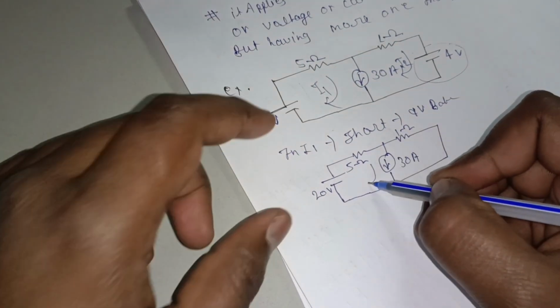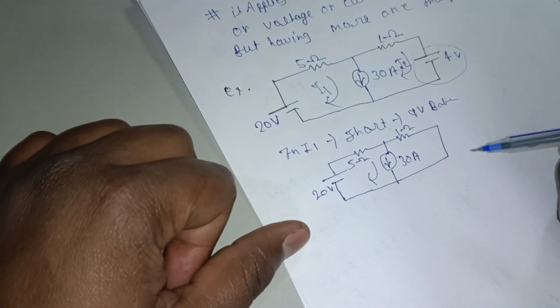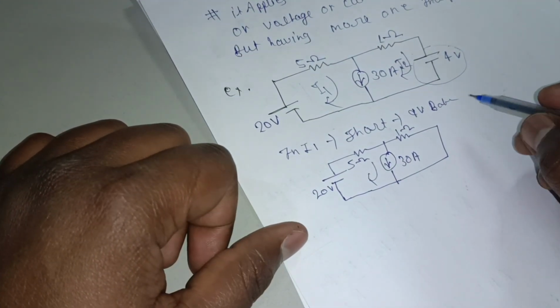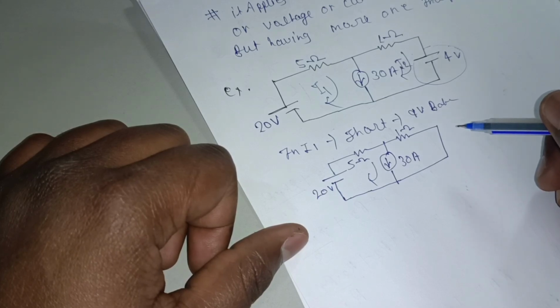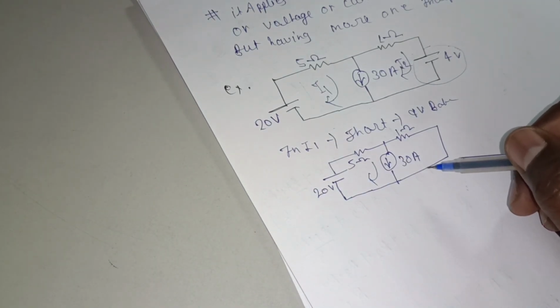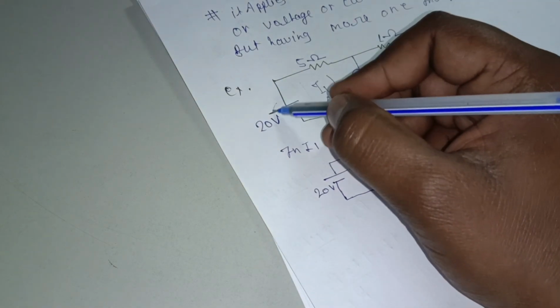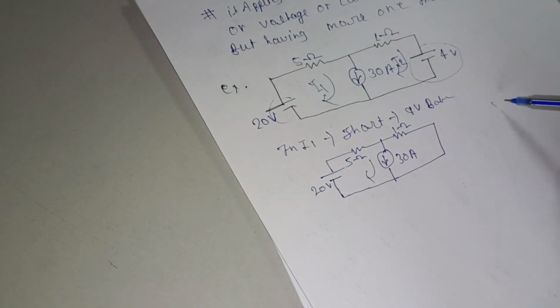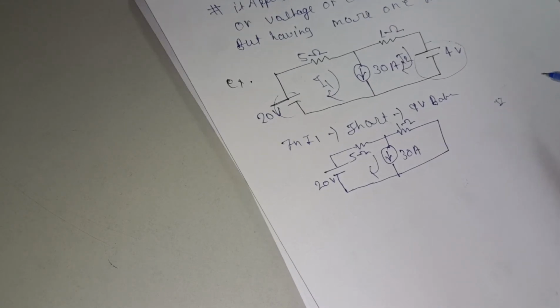So we will apply here KVL. Then after we will short this one, then KCL, and we will be able to find I1, I2, then I is equal to I1 plus I2. Okay,